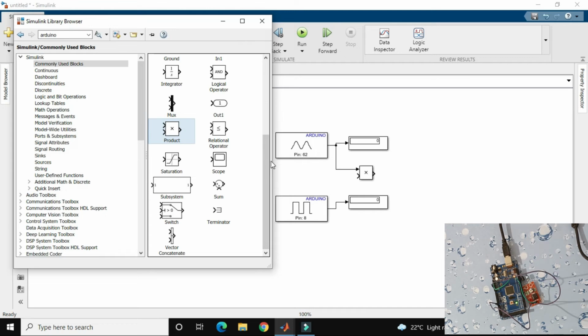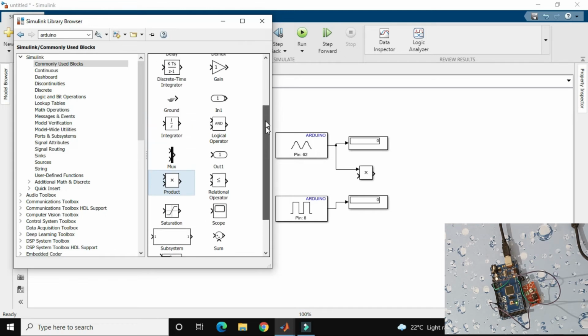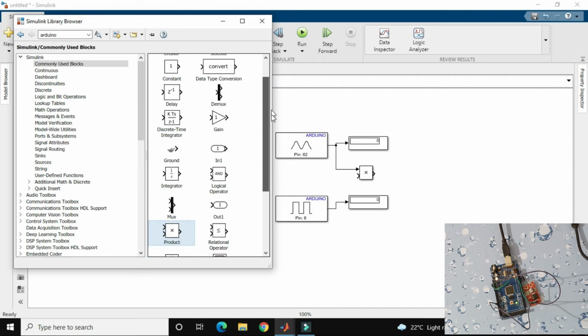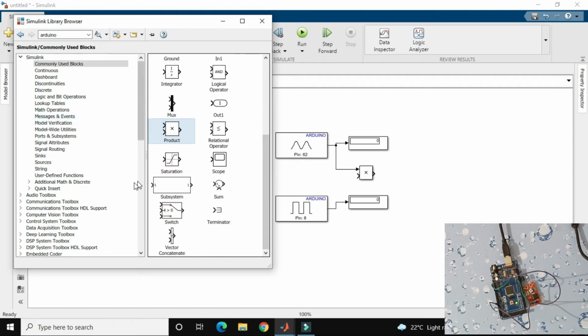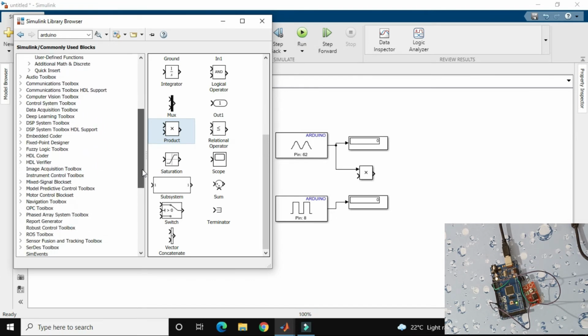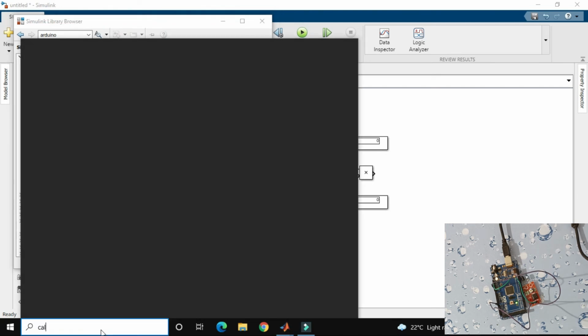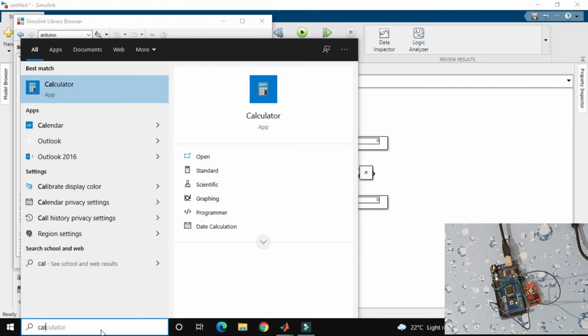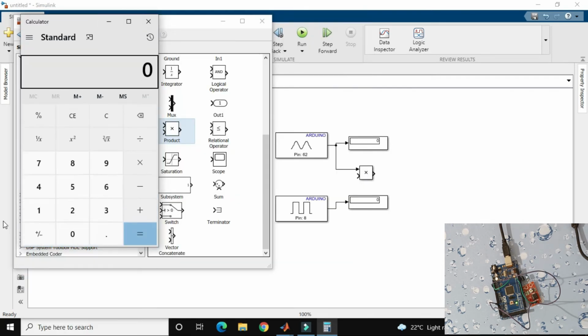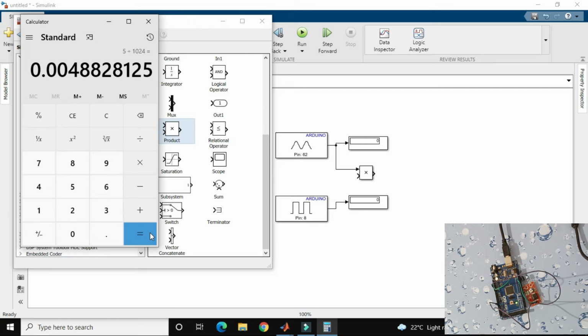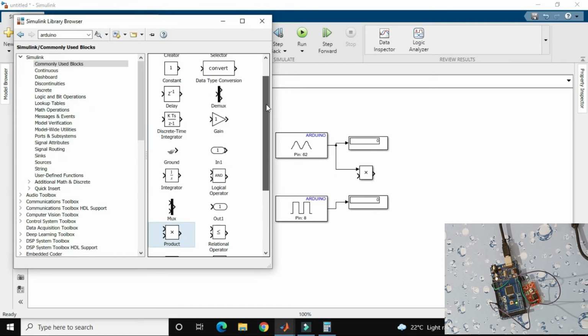I also require a division, so you have to find the mathematics toolbox, or you can use the calculator, and in the calculator put 5 divided by 1024, and that is equal to 0.00488. So I use a constant block over here.